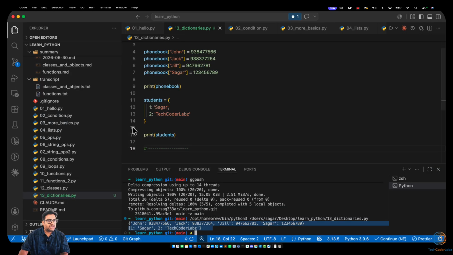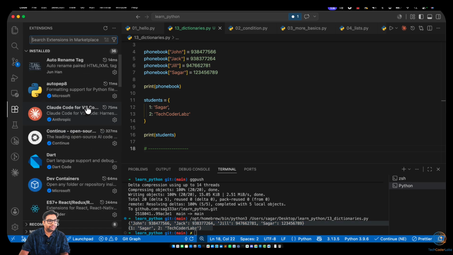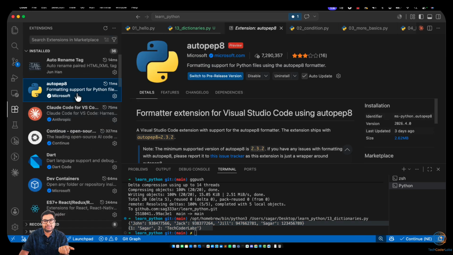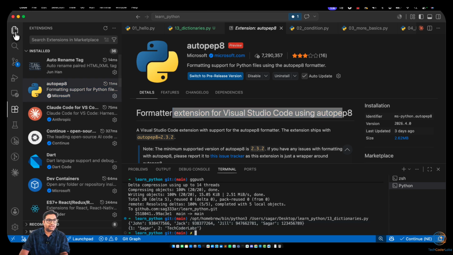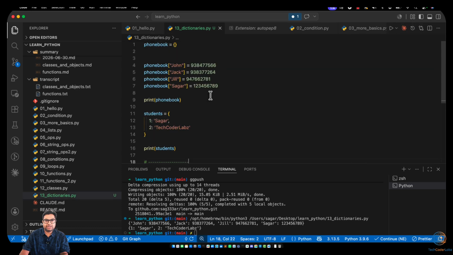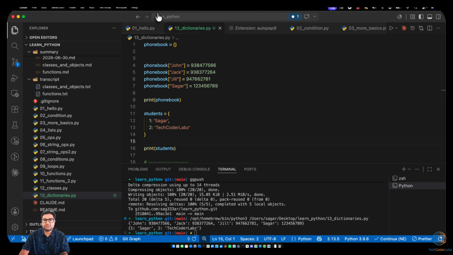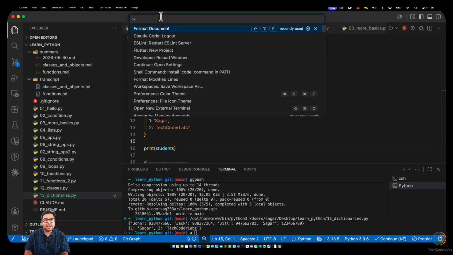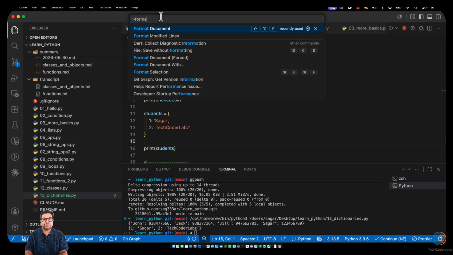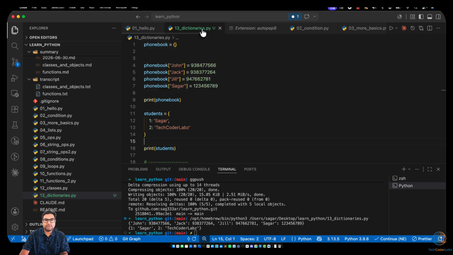In my case, I do that with the help of an extension called AutoPep8. This is the formatter extension that I have installed for VS Code. Now let's say I want to format this: Command Shift P on macOS, and on Windows I believe it would be Control Shift P. Or if you don't want to remember the shortcut, you just go over here, hit the arrow, and start typing format document, and then click on it, and it would